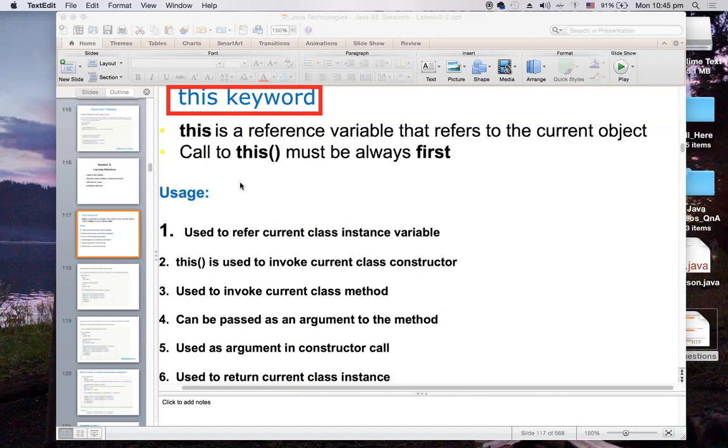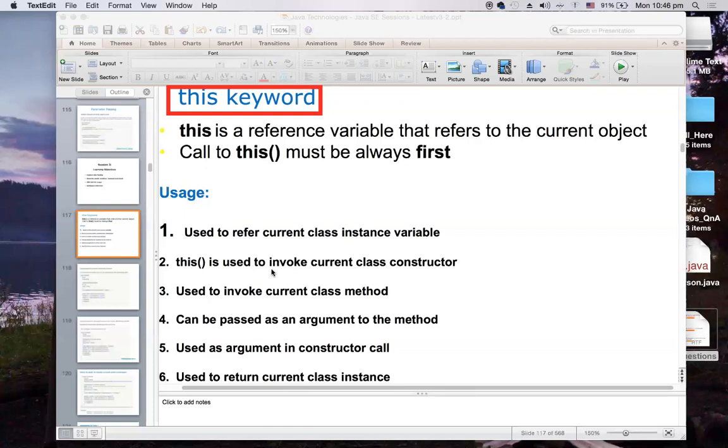Let's understand the different usages of this in Java. There are namely 6 usages. First, from the definition, it is used to refer to the current object's instance variables. The this constructor is used to invoke the current class constructor.